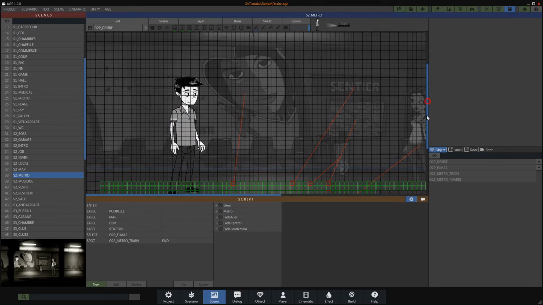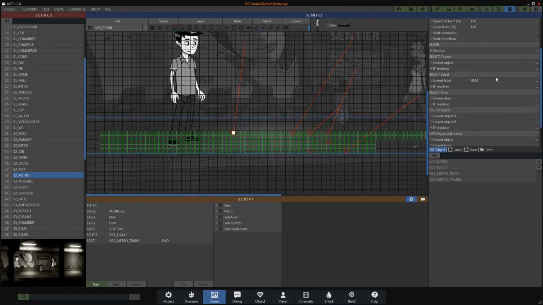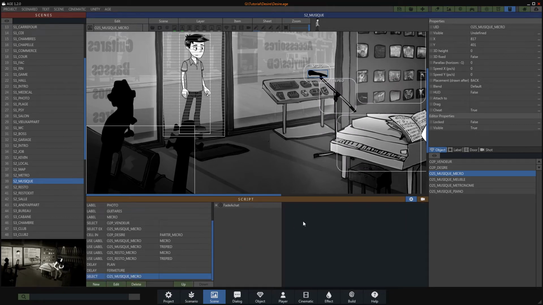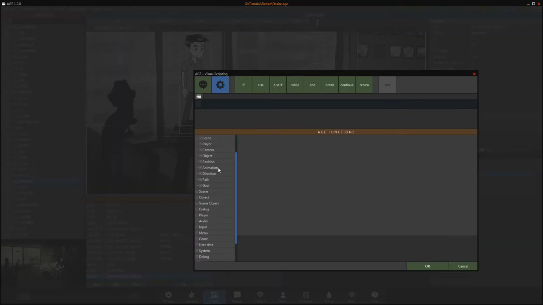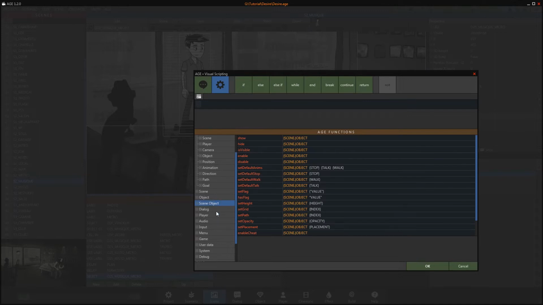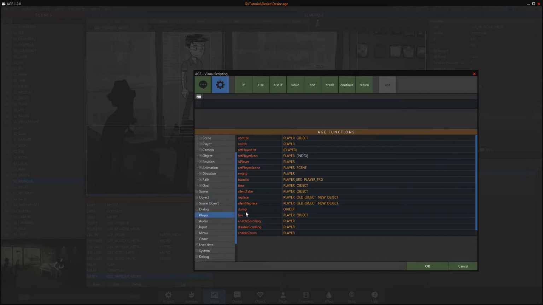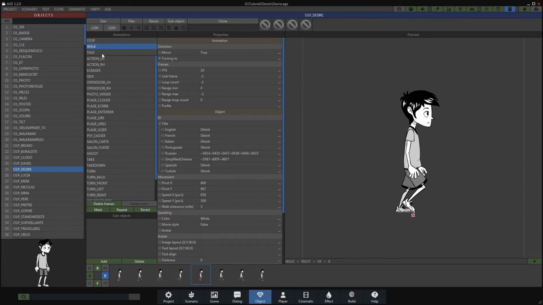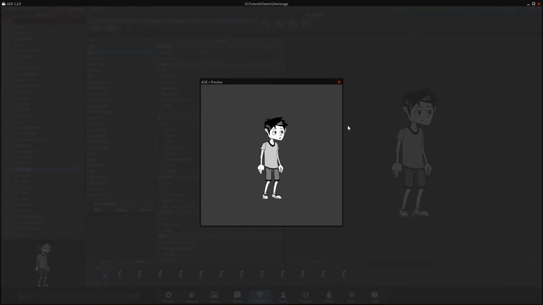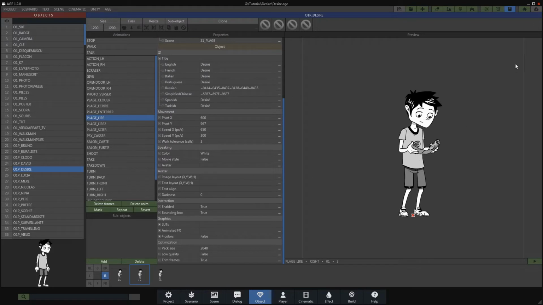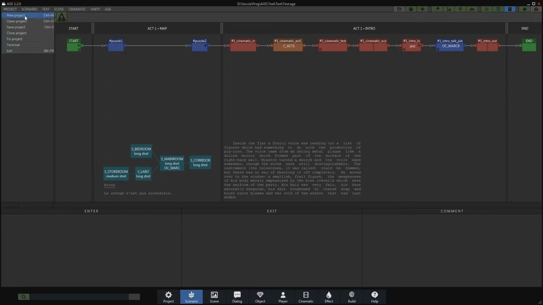But before we begin, I want to make an important point to avoid confusion. AGE offers two modes for editing scripts: expert mode using a classic code editor, and visual scripting mode, which is much more intuitive. You can switch from one mode to the other at any time. If you are already used to programming languages, maybe expert mode will be more suitable for you. Having said that, in the tutorials, I will only be using visual scripting mode to make them accessible to everyone. The syntax remains the same, regardless of the mode used, so nothing prevents you from following the tutorial in expert mode on your side.